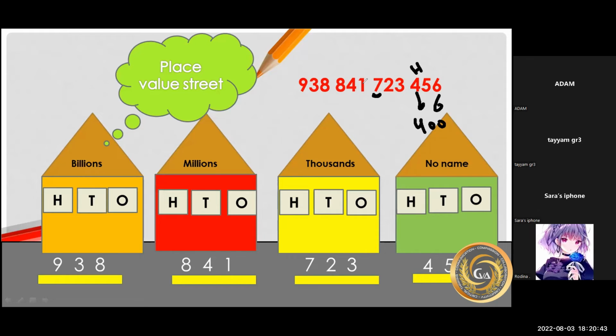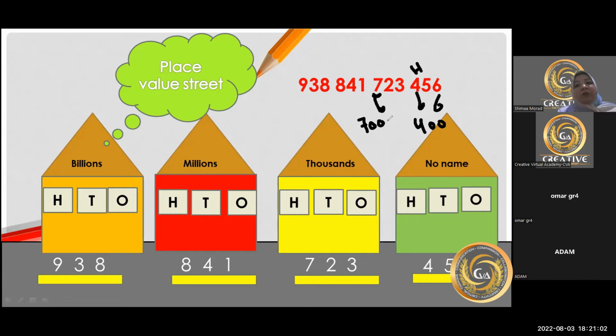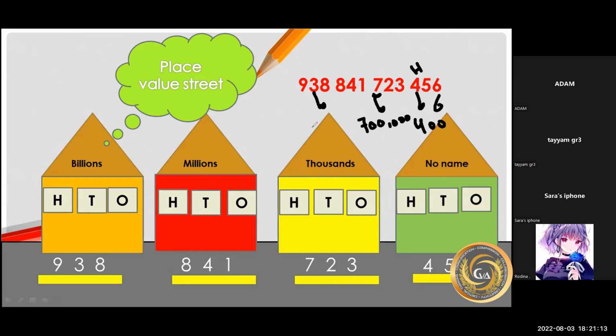What about the value of 7? If you're confused about writing the number of zeros, what do I do? Write number 7 again and count how many digits come after 7. 1, 2, 3, 4, 5. So 5. Replace all 5 digits with 5 zeros. So I have 7 and 5 zeros. Okay, what about 700,000? Very good, 700,000.